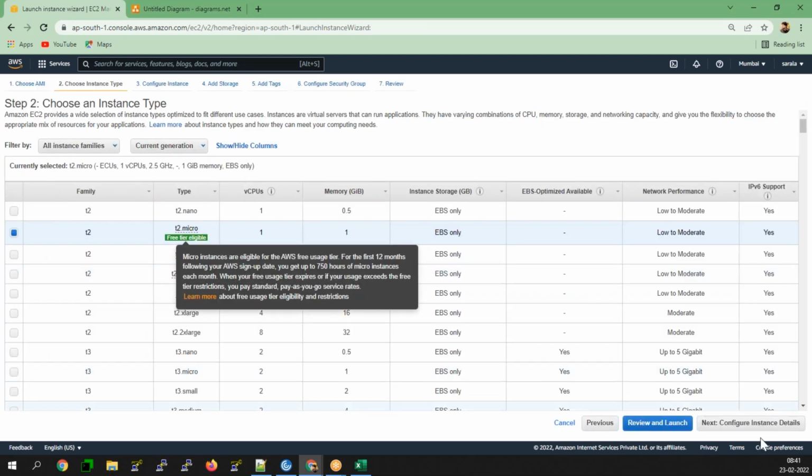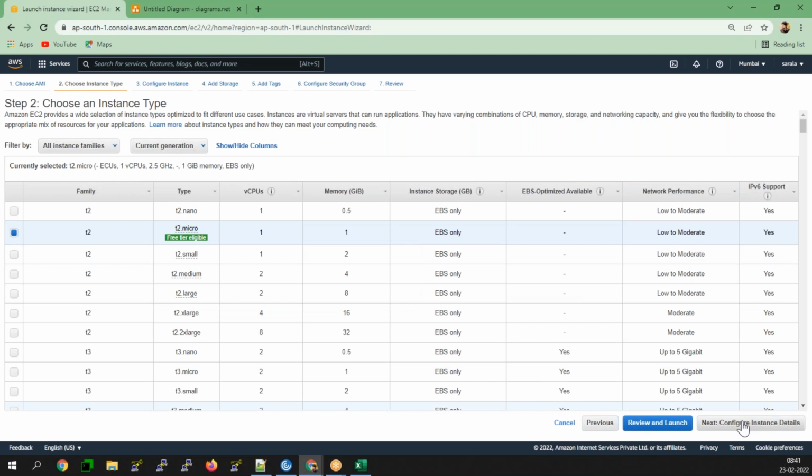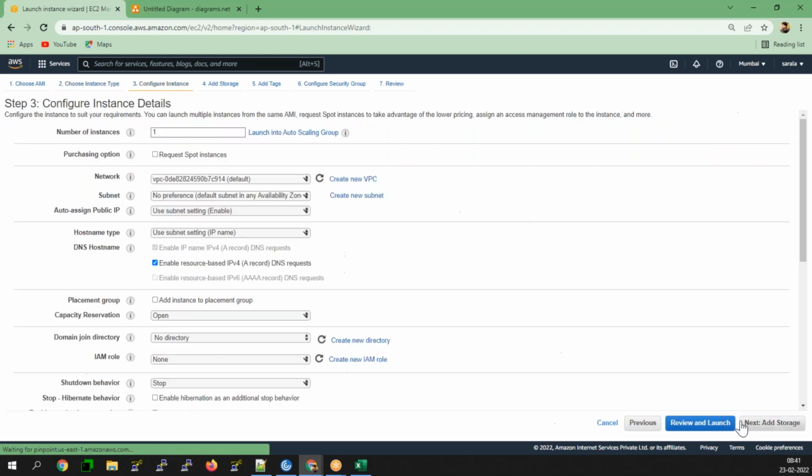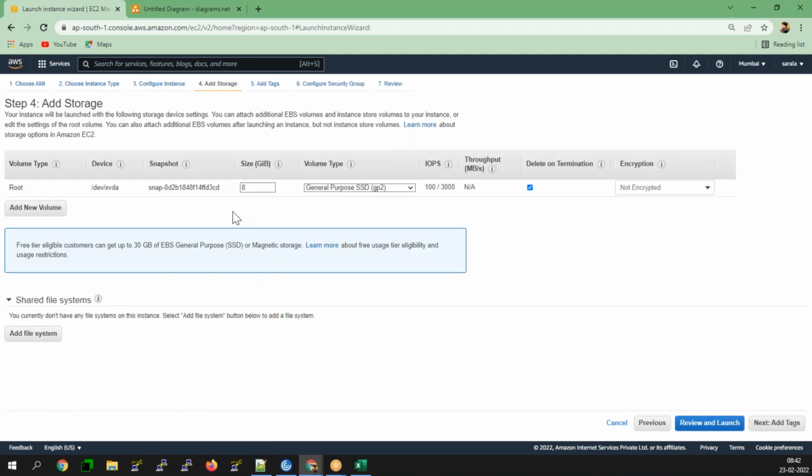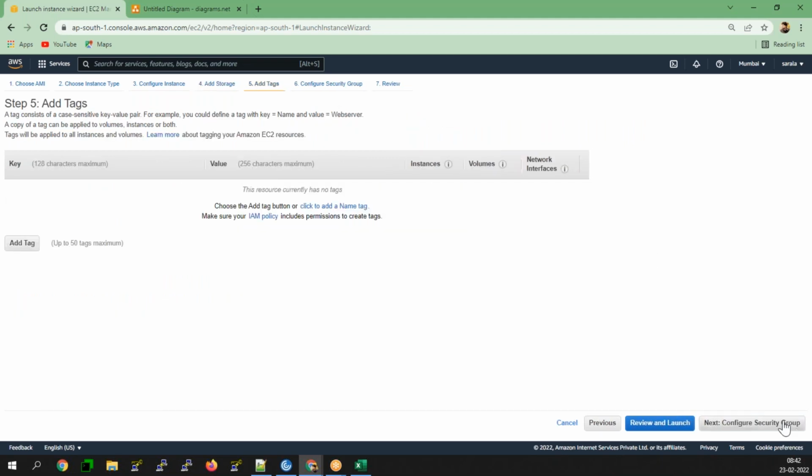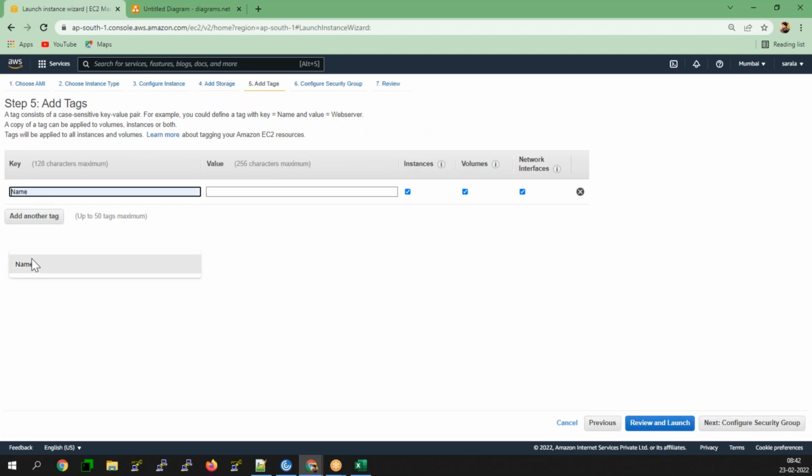Go with the T2 micro for your instances to verify how to access your resources with the help of AWS CLI. Select your respective AMI. Here you have 15 GB of storage.